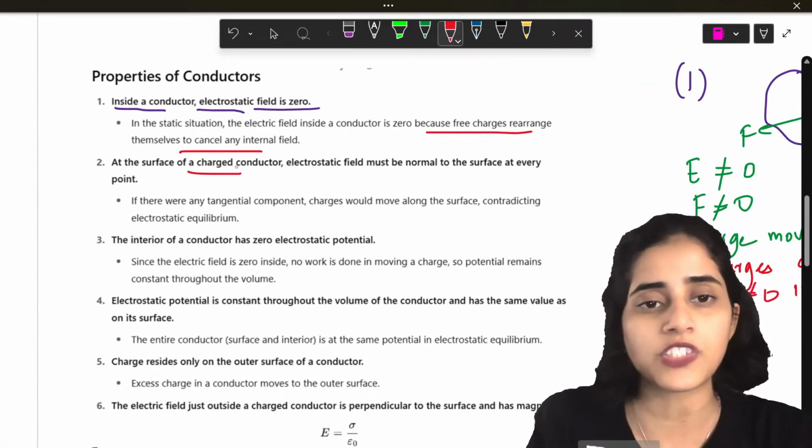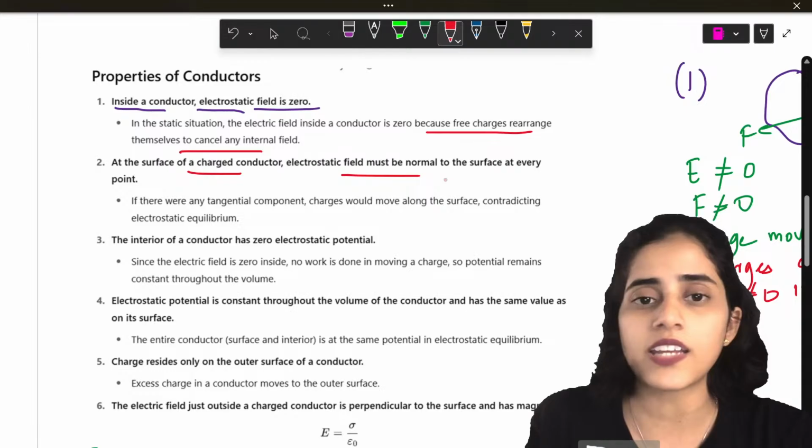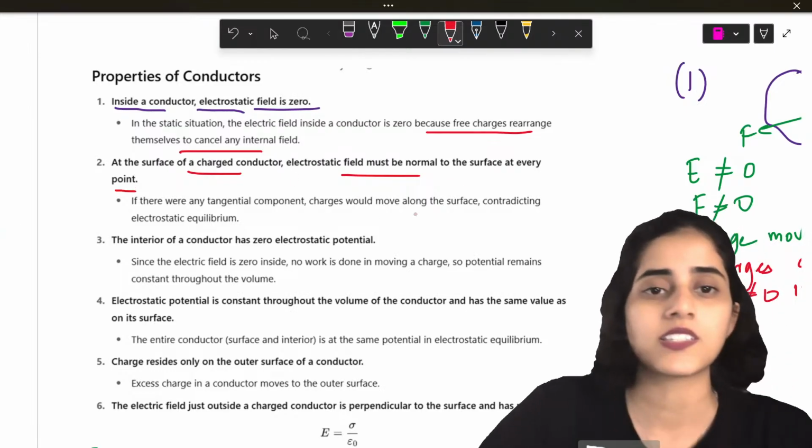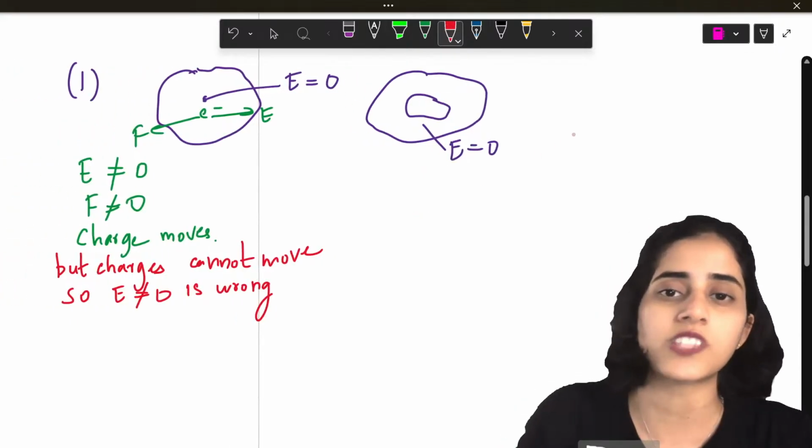At the surface of a charged conductor, the electrostatic field must be normal to the surface at every point. How do I explain that? So, for the second one,